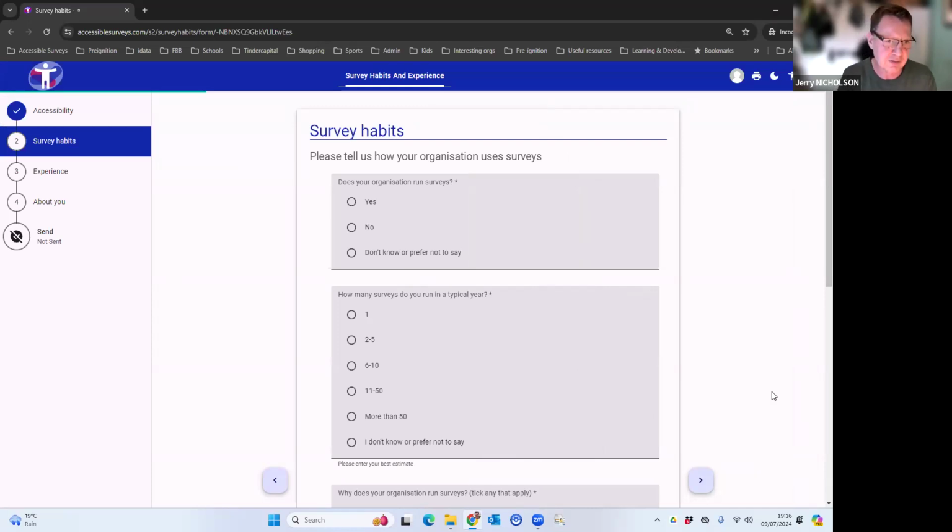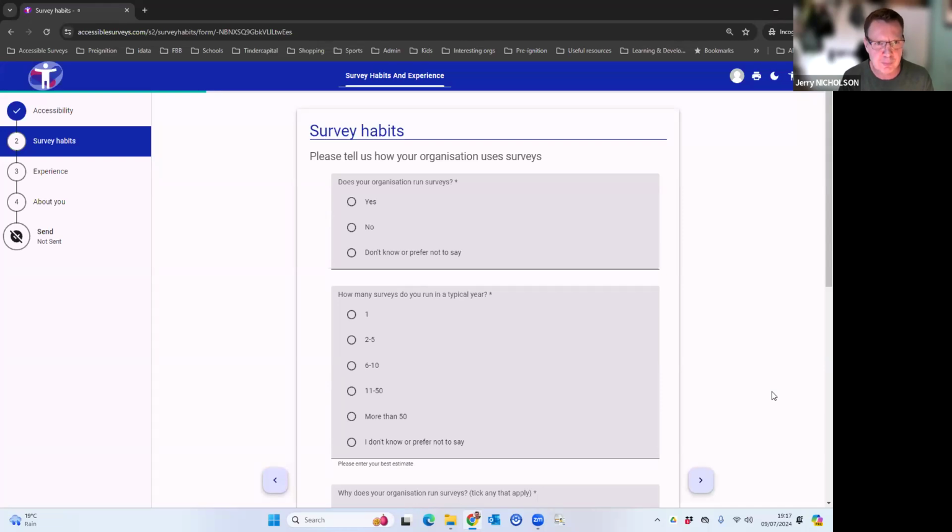I should say, when it comes to accessibility, obviously central to digital accessibility is compatibility with web accessibility guidelines to make sure in particular that people using screen readers can navigate through a survey in a logical and easy manner. So accessible surveys is compatible with those guidelines and has been tested with a wide range of screen readers, and it's continually tested. That's a little bit hidden. So what I'm showing you here is some additional accessibility features.